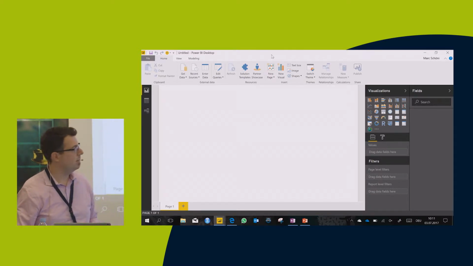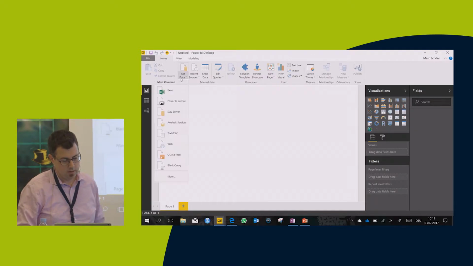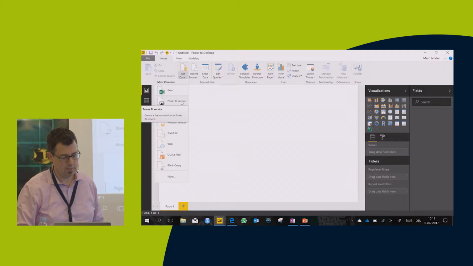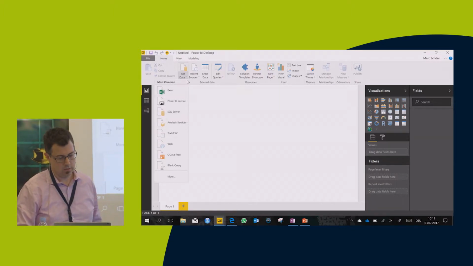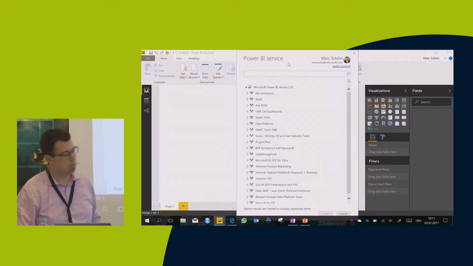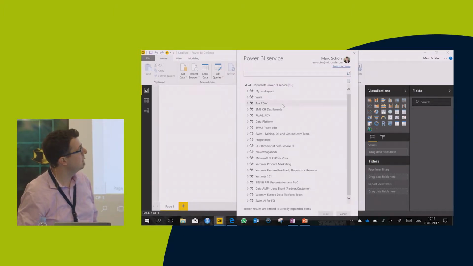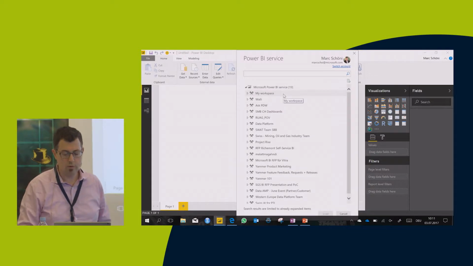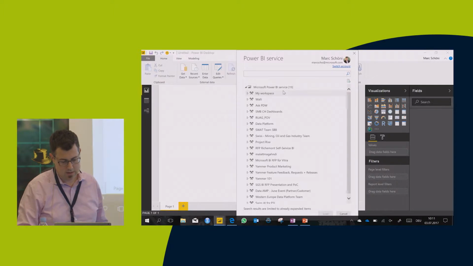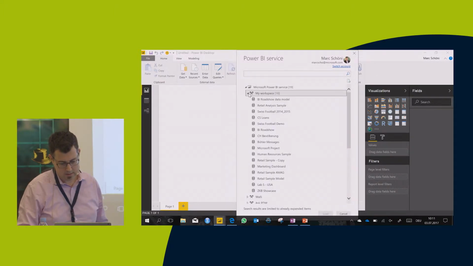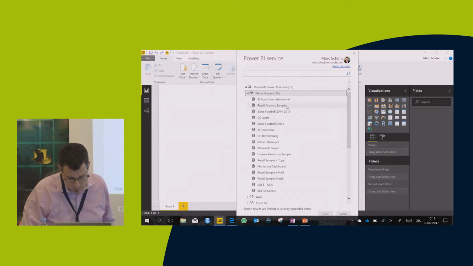And the way that we enable this is we allow you to connect to a model, or a report in that case, that is already available in the Power BI service. So if you go to the Get Data dialog, go to Power BI service, and you will see the workspaces where you're logged in. So this is obviously personalized to myself here. And in my workspace, there is one example. What should I pick? Maybe I just pick